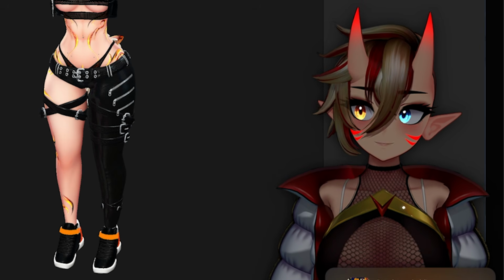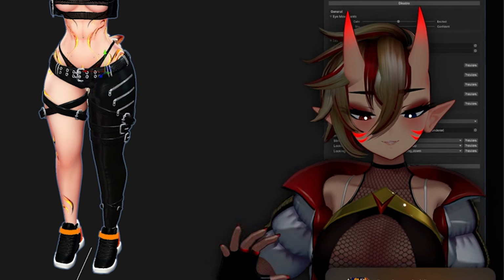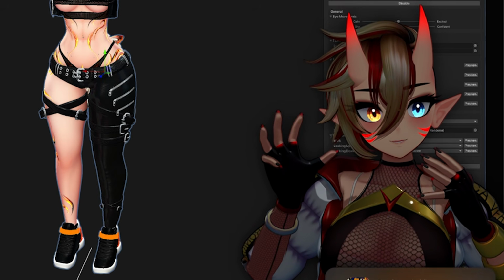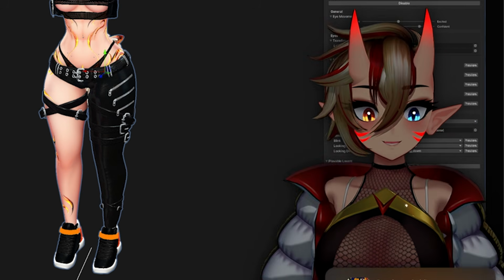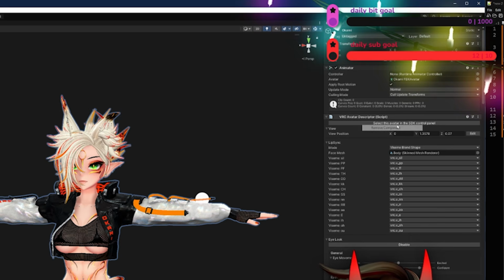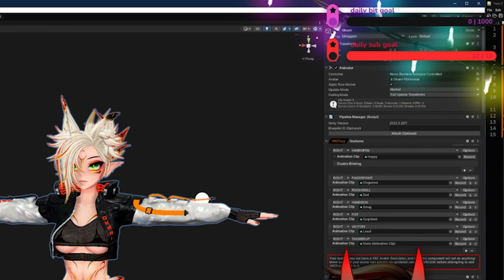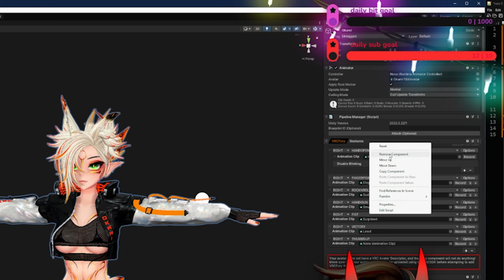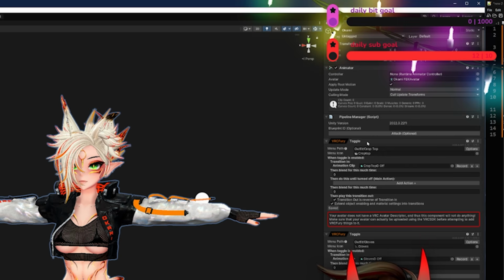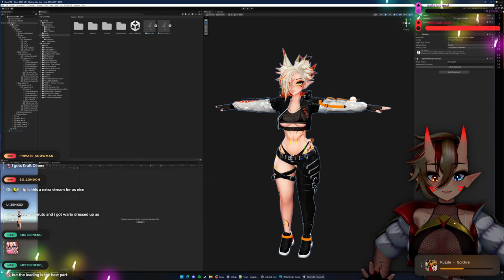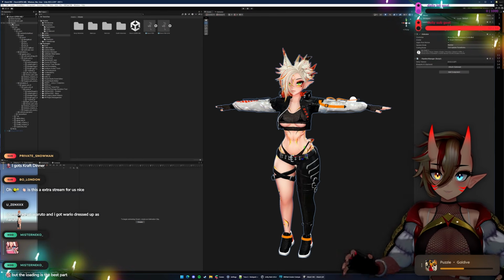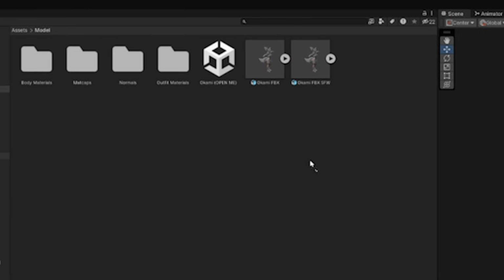This is assuming that your model is also kind of like a single FBX. And yeah, this is also including the descriptor. So remove the descriptor, and I'm going to remove all my VRC Fury plugins on this model. So I'm just removing everything. Now that we have our cleaned up FBX, what we're going to do is drag it